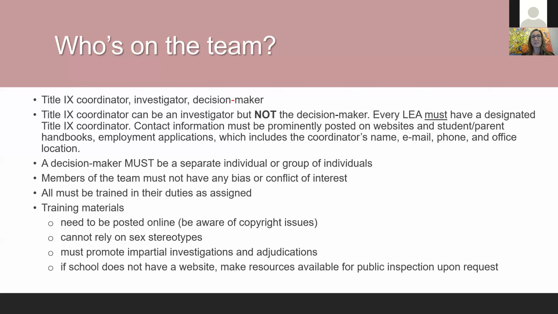So you can see that this is going to be challenging with staffing and training, especially since they're saying, oh, this all needs to be in place August 14th. So hurry and get trained. When everyone else, even the ATIX organization, which is where I received my training, they're scrambling to get their trainings up to date.